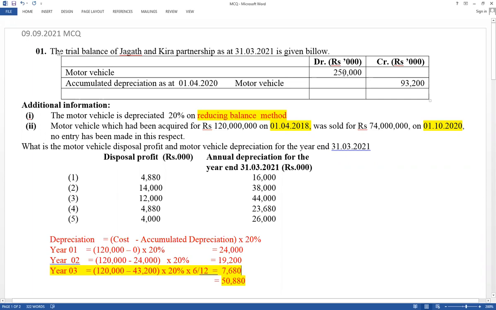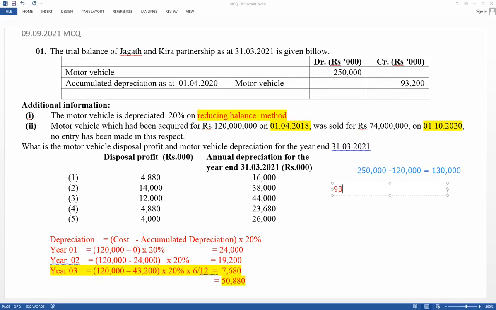And think balance part. Opening motor vehicle available 250,000. Disposal asset equal 120,000. Then think balance part. We have 250,000. From that value, deduct the disposal cost value 120,000. And then we have 130,000. And accumulated depreciation. Think reducing balance method. Cost minus accumulated depreciation. Accumulated depreciation, think about it. Accumulated depreciation also available